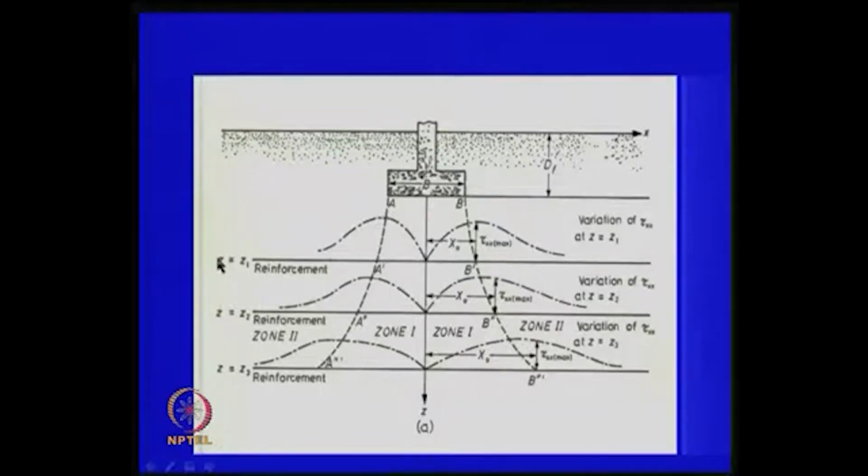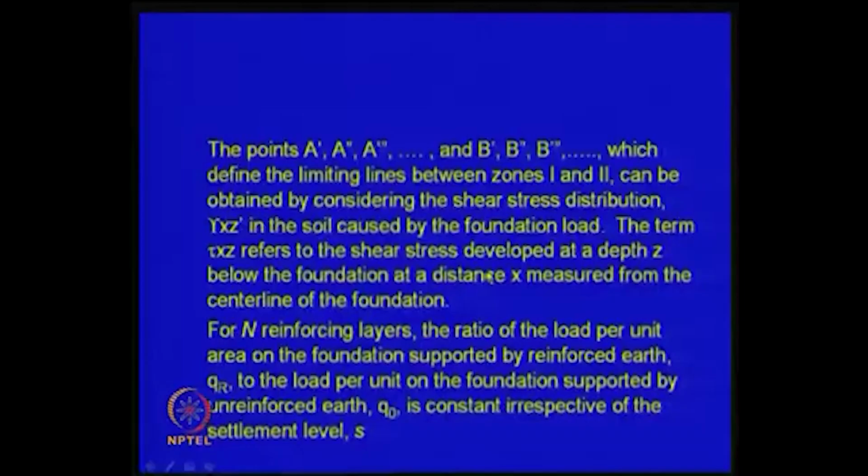What is our objective? The objective is to assume some mechanics to be valid, like elastic stress distribution is valid, and we try to place reinforcement at these 3 locations. So, the requirement is that I should find out the spacing of the reinforcement, length of the reinforcement, properties of the reinforcement. If I am using a geogrid, one type; if I am using steel reinforcement, another. Anything can be used, any member which can take some tension is sufficient here. So, you try to do that here, and then see that